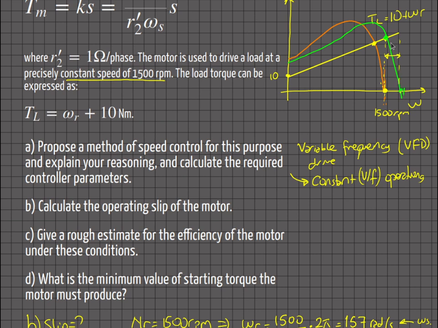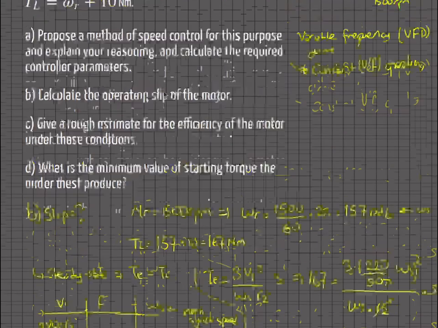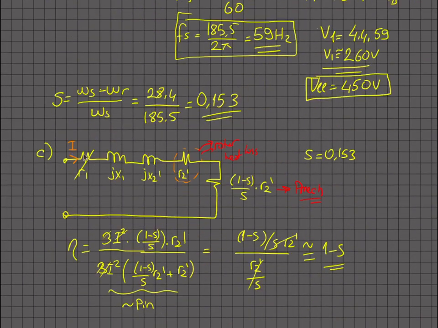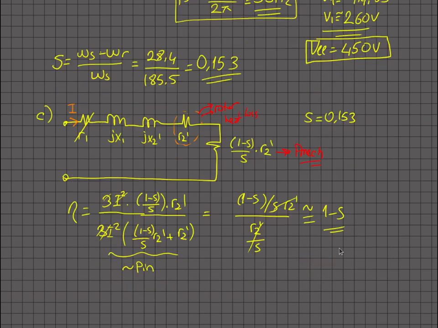As the slip gets larger, again the efficiency drops. But that is using just that approximation, and we don't know the value of R1, so probably it is less than that value. Just to give you an approximation, efficiency is 1 minus 0.153,